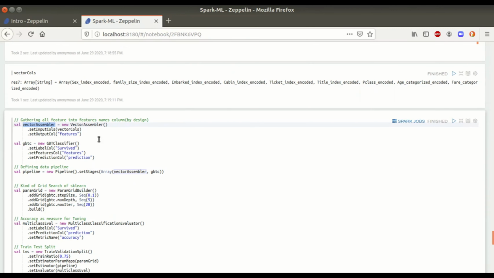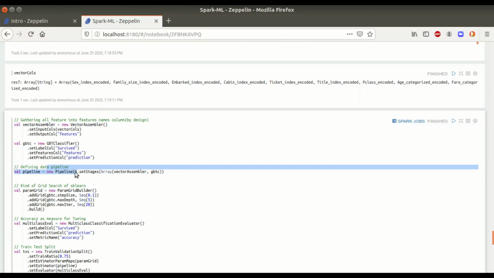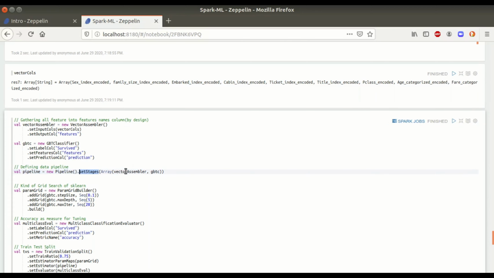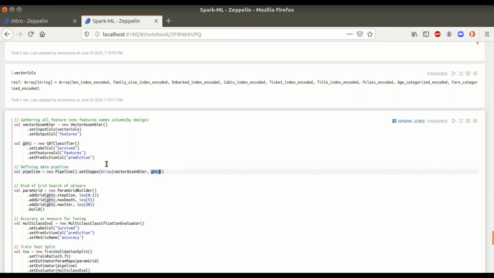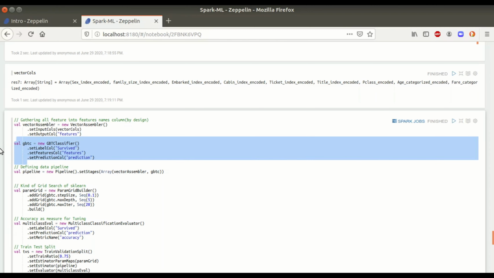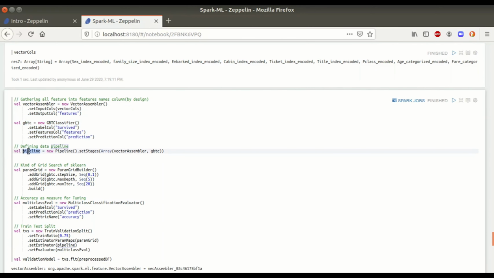Similarly, this is sounding like a pre-processing stage, which I was saying. That's why I created another pipeline object, and in that pipeline I am first applying the vector assembler and then my machine learning model. Here I have taken a gradient boost classifier. You can apply various classification models. There are multiple classification models present in the Spark ML module, and this is what the pipeline will be.